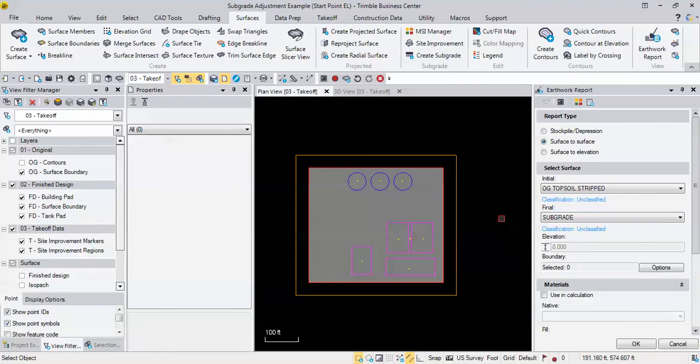quantity for the site because my subgrade is the lowest point I need to build to, and I'm starting at the OG with topsoil strip surface. I don't need to put a boundary in here because it's only going to use this boundary because it's already created, so it won't go outside of my finished design. So I can just hit OK here,